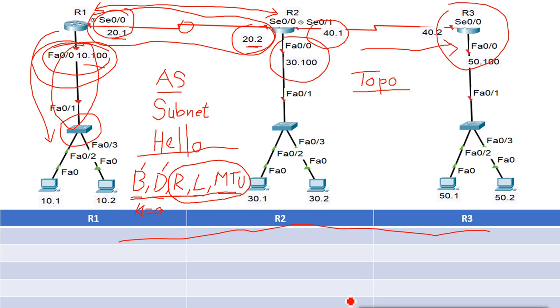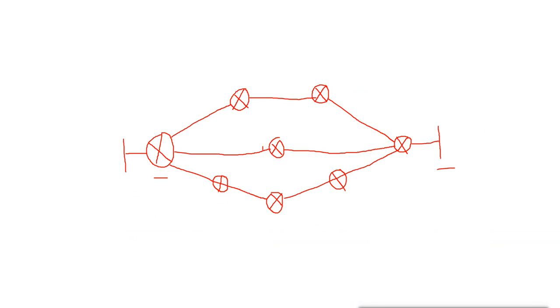For example, this is our network, and we have multiple paths to reach this single network. This is the network I want to reach, and I have multiple different paths. Now we have 3 paths. So what is the best path here? We have this path. This path is best. We can say this one is best. These ones are longer paths.